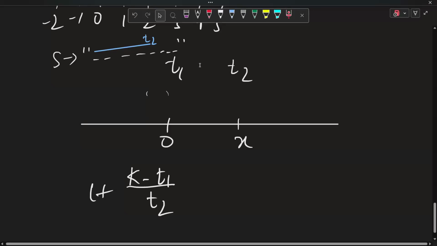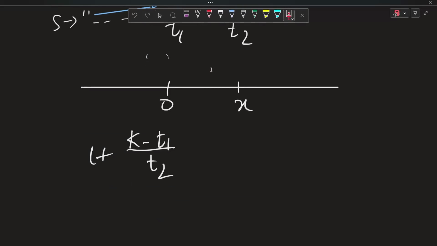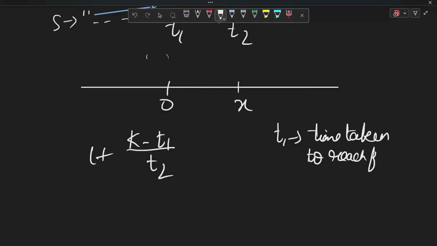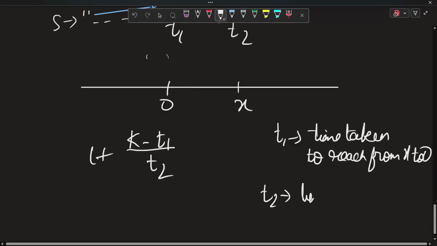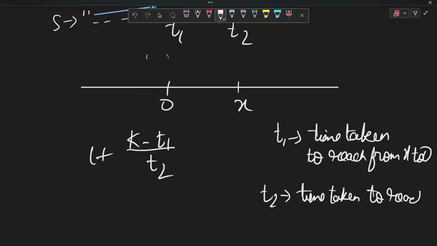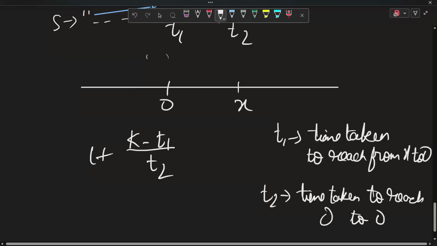So if you compute these two times, where t1 is the time taken to reach from X to 0, and t2 is the time taken to reach 0 to 0, or you can say to come back to 0 if you start with 0. Then if you compute these two times, your final answer is